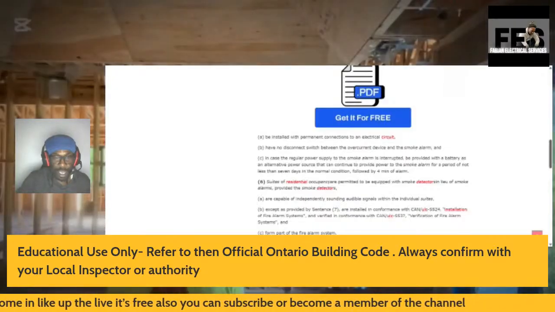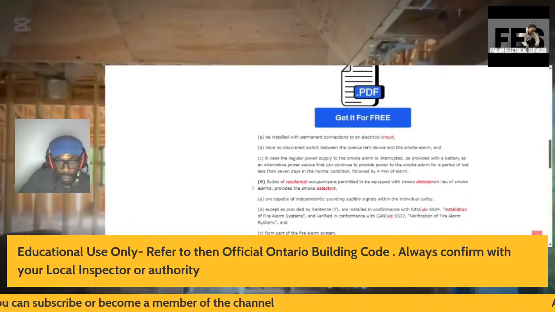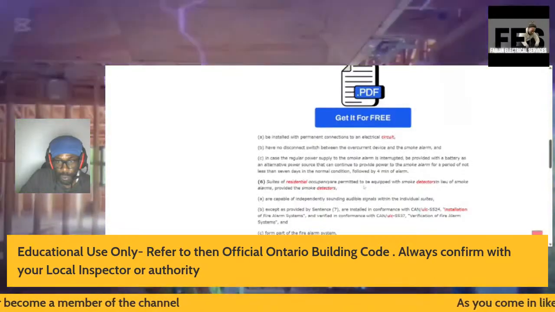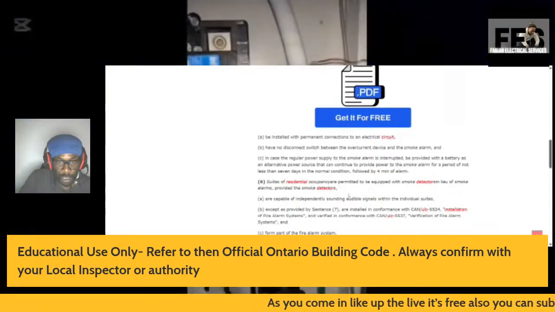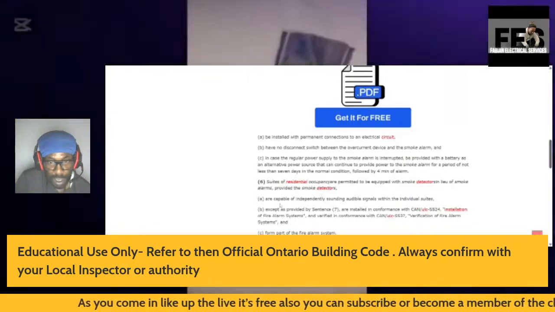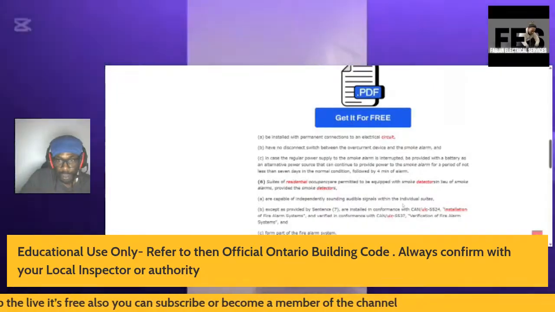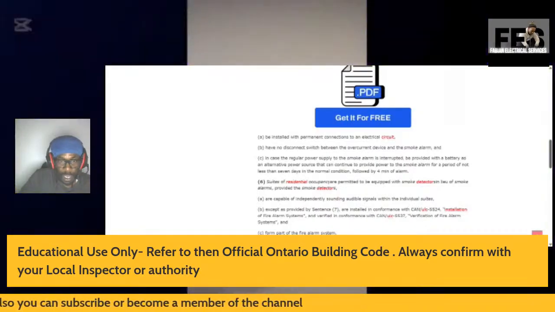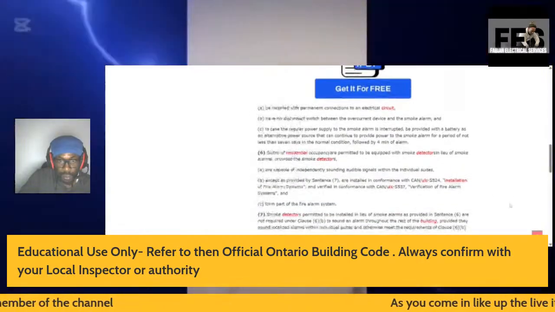Suites of residential occupancy are permitted to be equipped with smoke detectors, in lieu of smoke alarms, provided the smoke detectors are capable of independently sounding audible signals within the individual suites, except as provided by sentence,